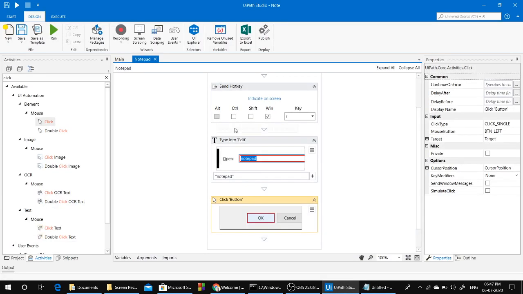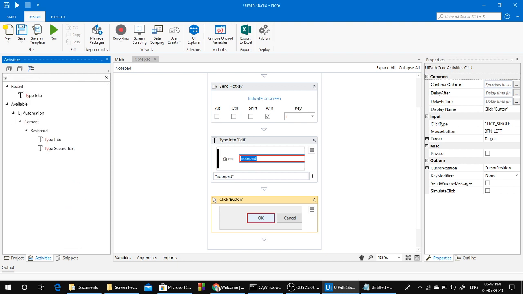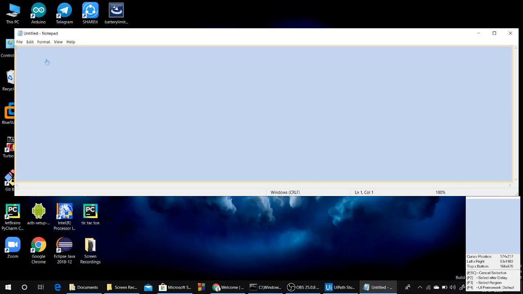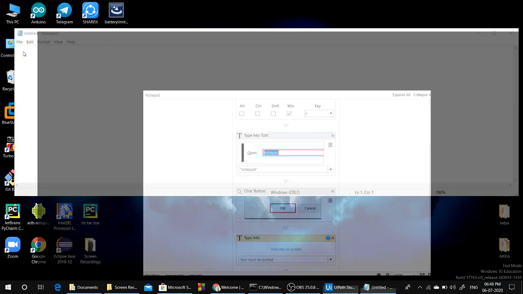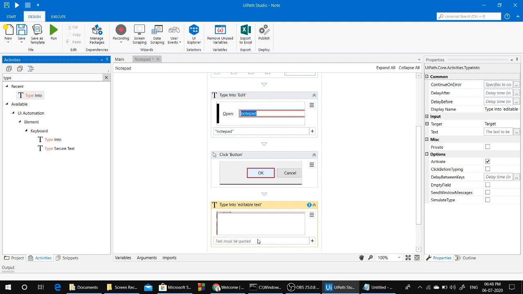In that we have to type some content. For that there is a command type into. We have to indicate on the screen where we have to type the text. After that we have to give the text in that.